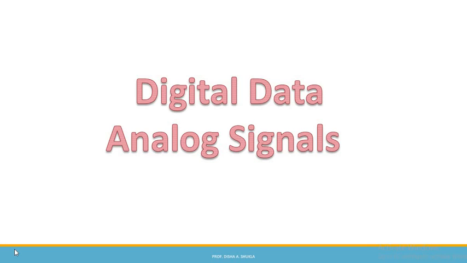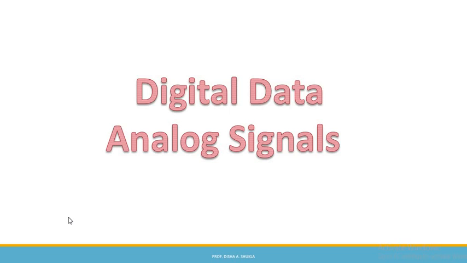In this session, we are going to discuss digital data, analog signal modulation. This is the third type of modulation. First we saw analog data, digital signals, analog data, analog signals, and now it's the third type, that is